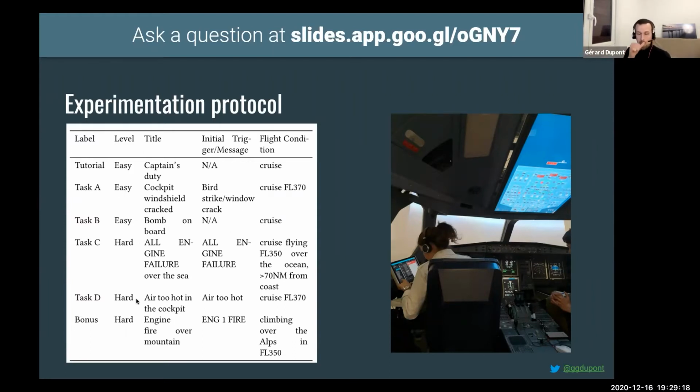And the hard tasks were a mix of more stressful situations. I mean, more stressful than bomb on board, I don't know, but multi-factor stress, and also multiple steps in finding the answer. So you had to find a document which will give you a piece of information, which will lead you to another document where you have the answer. So let's say a multi-hop process to find the answer.